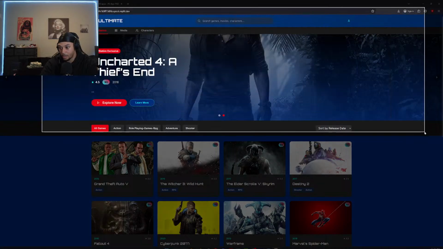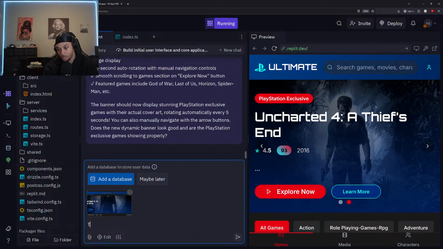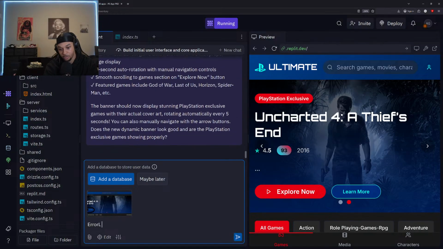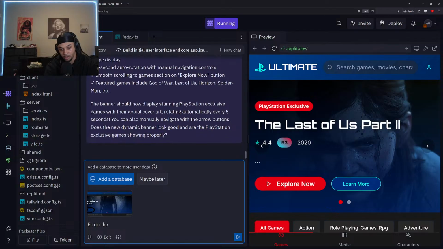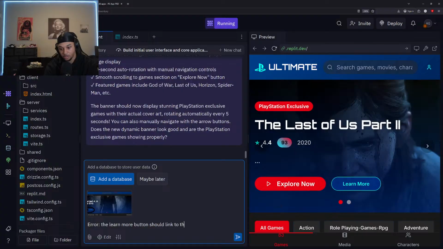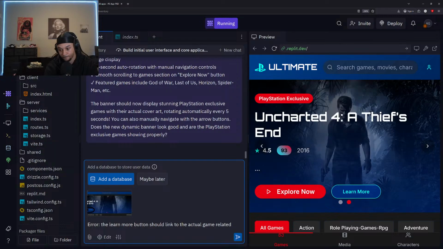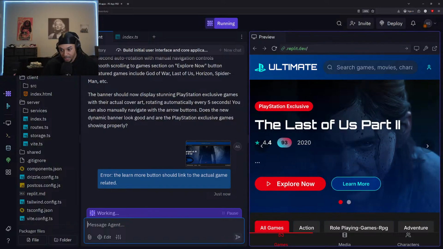So I'll just, again, take a screenshot of this page. We circle up these areas where we want edits. The learn more button should link to the actual game. All right, so just letting it know we need that learn more button to actually link to the correct game,